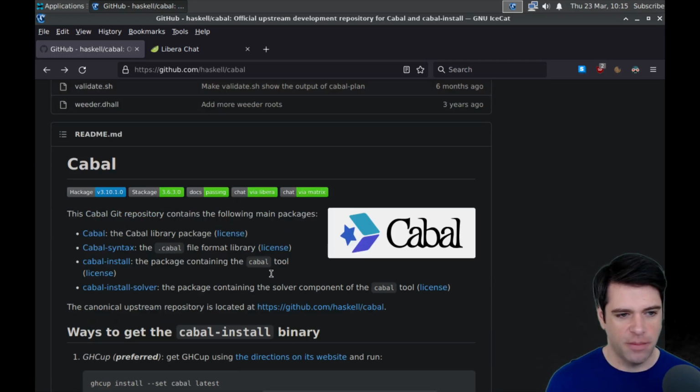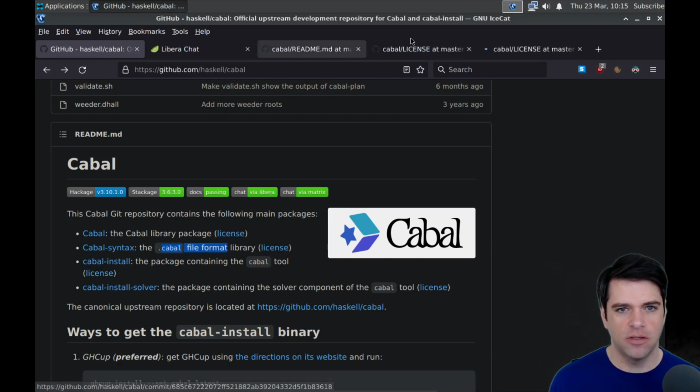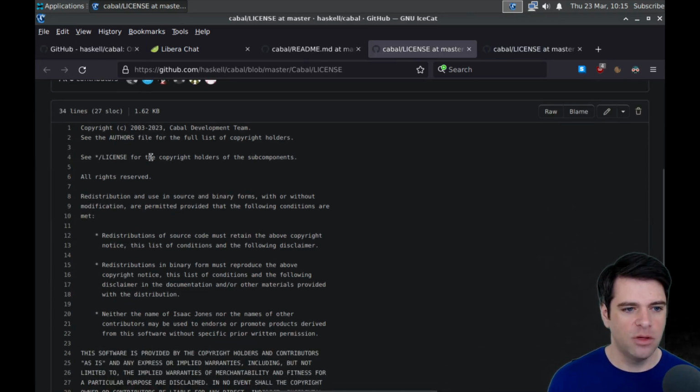And there's some stuff about installing, and I also thought this was interesting: they give us a link to Cabal-syntax, which is going to be the .cabal file format library. And there are different licenses. I guess just out of curiosity, let's see if these are the same license. We have a copyright statement.